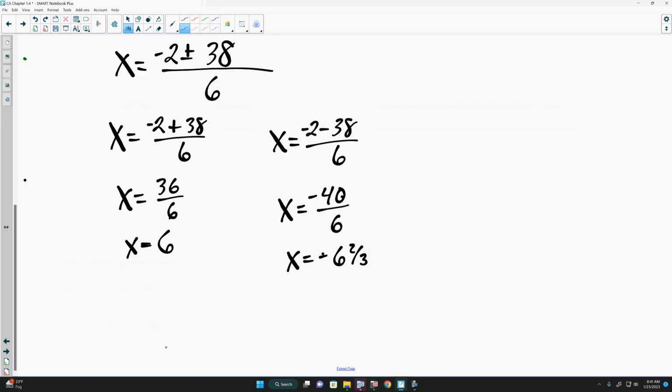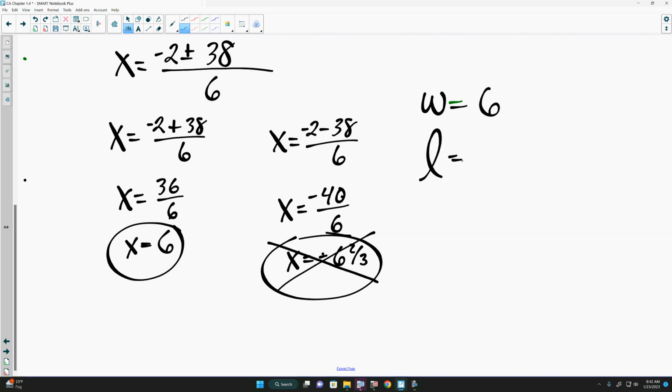Negative 6.6 repeated. And that fraction doesn't mean anything. Well, it's not that it doesn't mean anything. This answer doesn't help us, because as we said, we're talking about length and width, yes? Can a length or width be negative? No. So this here is what we call an extraneous solution. It's a solution that does work for the equation, but does not fit the original situation. So our width